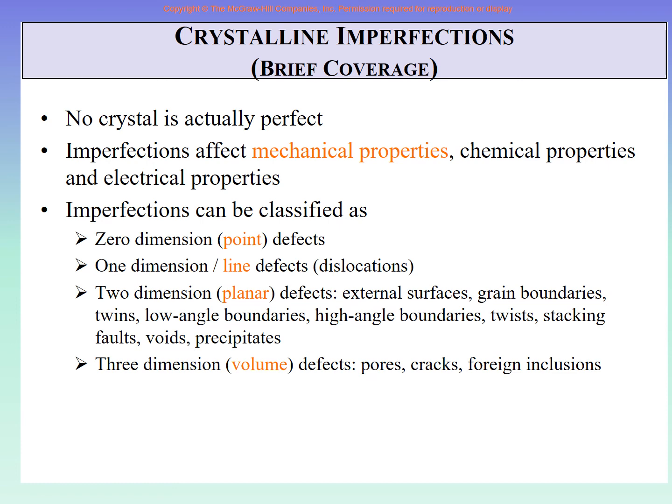Now there is a very nice systematic way in which we are going to cover these defects: 0 dimension, 1 dimension, 2 dimension, 3 dimension. It is very simple to remember. 0 dimension is just a point, 1 dimension is a line, 2 dimension is a plane, and 3 dimension is the solid volume. So we will think of defects in a crystal at a point level, at a line level, at a plane level, and at the volume level. So this is how we will go, and rather than reading what we have here, we will go into them and see what defects are there. So of course we start